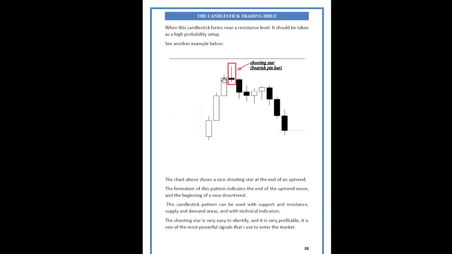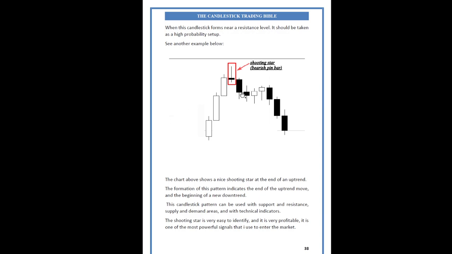So that basically started indicating that a few sellers had come into the market, and from this point sellers managed to overwhelm them and bring the price down to here, but buyers were still part of the situation because price went up this high, but then ultimately the sellers overwhelmed them, brought price back down to here. Then maybe a few buyers came in, but it wasn't enough to force the candle to close bullish, and that basically triggered a reversal because it's shown us that there are more sellers than there are buyers,